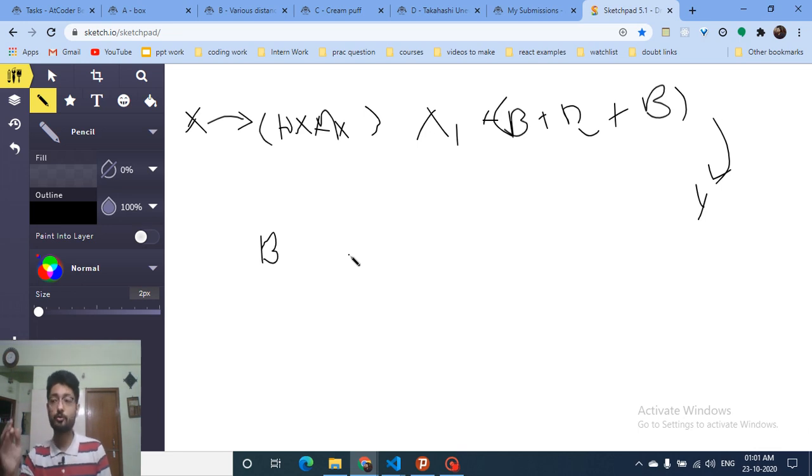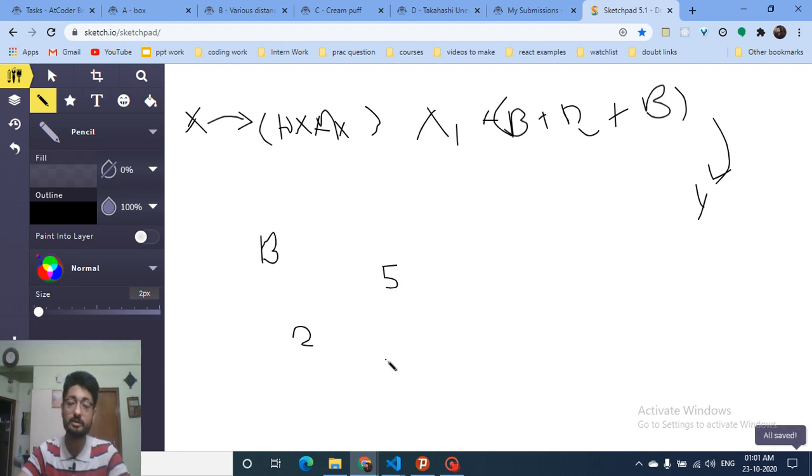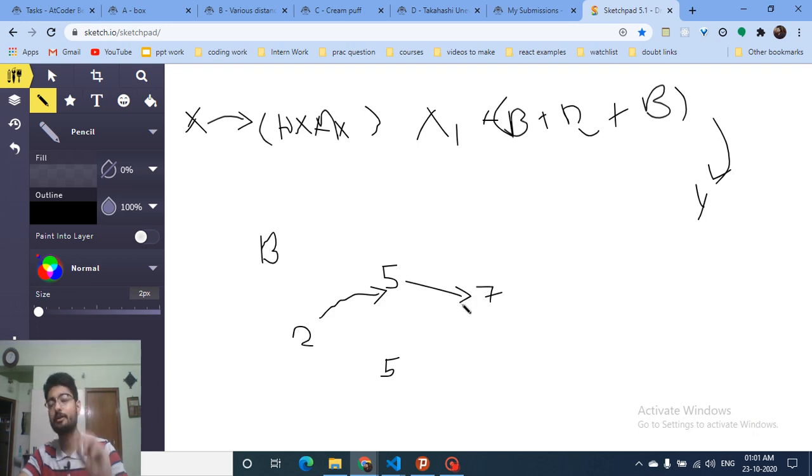See, if I go to the add quarter gym first, then let's assume that my initial strength is 2. Now the add quarter gym increases my strength by 5, and the Kakum gym also multiplies my strength by 5, let's assume. If I do only one time add quarter gym, my total value will become 7. And then after doing one time gym at the add quarter, I will multiply this with 5, because then I will do the Kakum gym. So first I will do the add quarter gym, then I will do Kakum gym, so the total is 35.